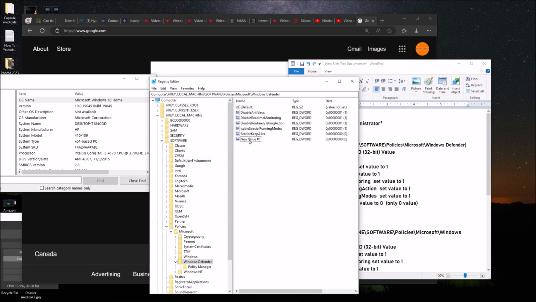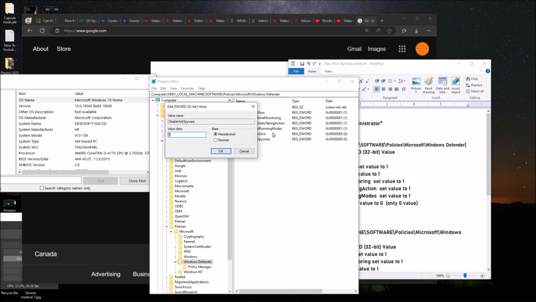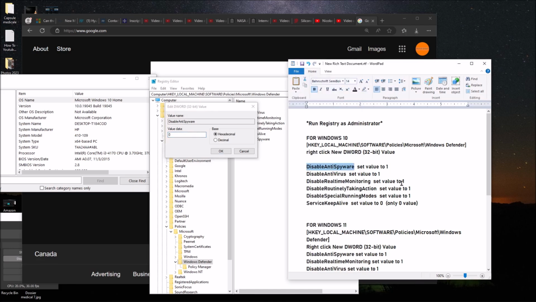If you want to rename it, right click on the mouse and just select rename and Control-V the value, then click someplace else to activate it, and then right click and click modify. And you notice we need to put these values here, actually the values that are here. So all of them get the value 1, which means it's true. Disable, it's true, except the last one, the value actually stays at 0.